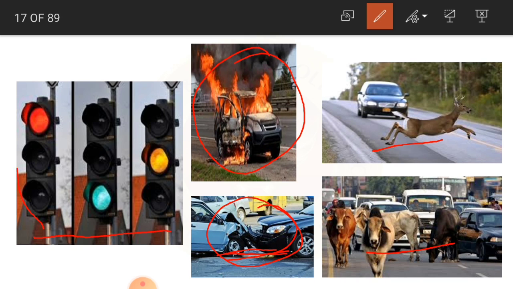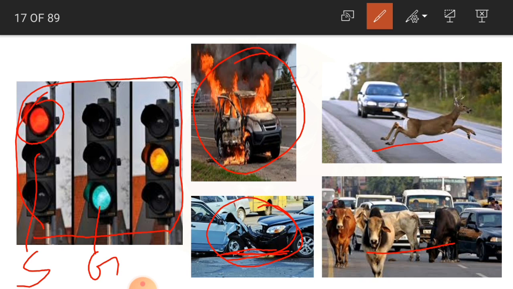Now, this is the picture I have shown you already. These are the traffic signals, traffic lights. You might have observed these lights very frequently when you are traveling on roads, children. The red light indicates to stop, and the green light indicates to go, so you can start your vehicle and go. The yellow light indicates to slow your vehicle.